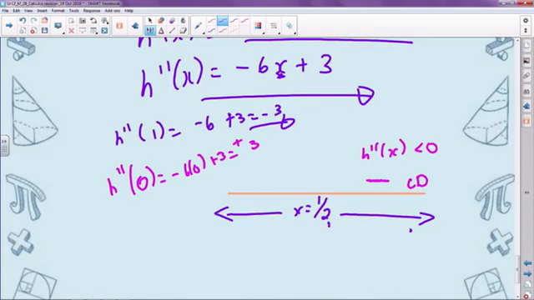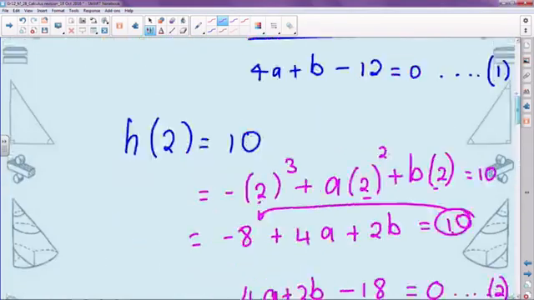So that means any point to the left of x is equal to a half on this graph is going to have a positive second derivative, which means your graph is going to be concave up. So because your concavity changes from concave up to concave down, this point x is equal to a half will be